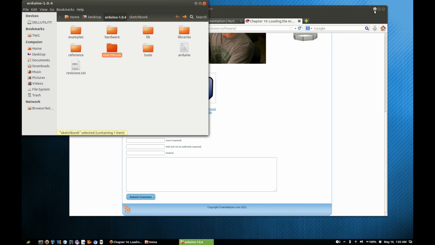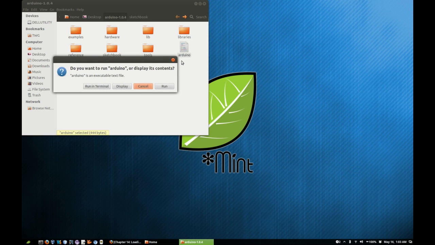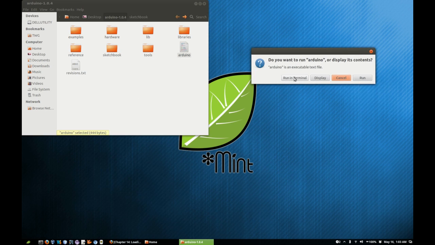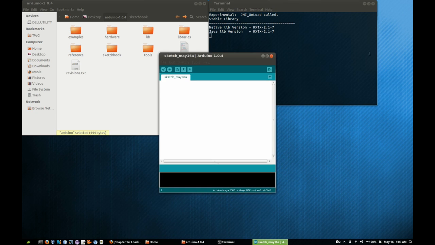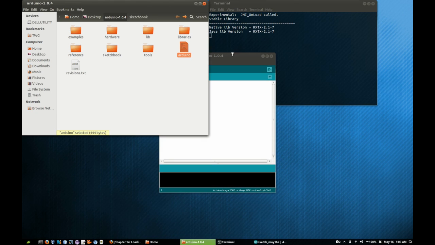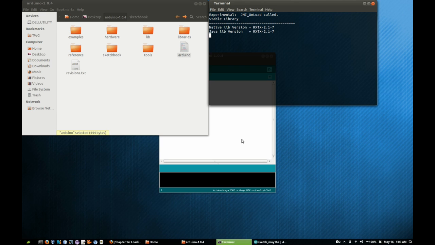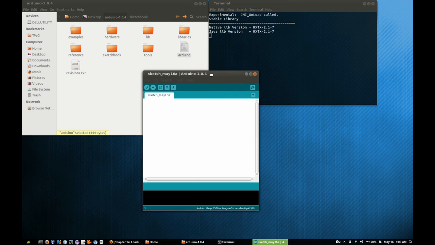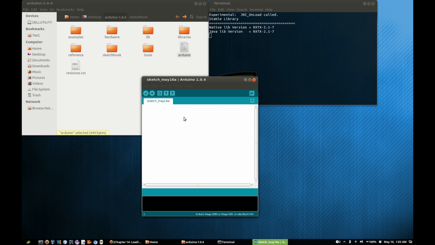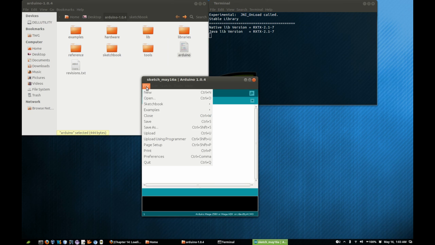So now we have everything we need, and we can actually run the IDE. It'll pop up a little terminal window, because this is actually a script that runs something else. Kind of weird setup. I don't know why they do that, but so this is the Arduino IDE. There's a couple of things we'll want to do first. First, you will want to go in and make sure in your preferences